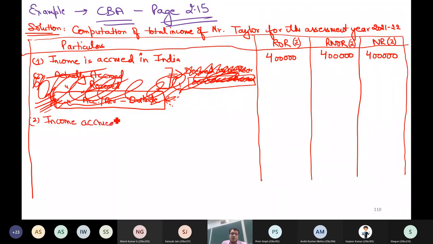Income accrued as well as received outside India. This income is taxable for ROR. How much is the income? 10 lakh. But I will write here only 7 lakh